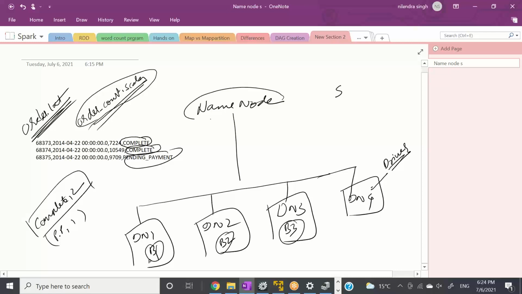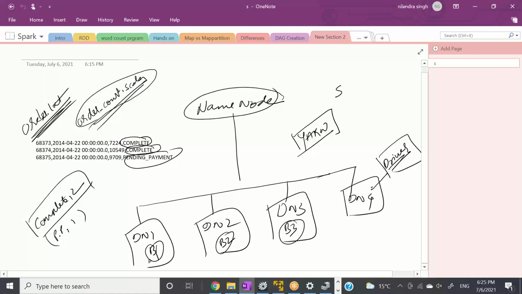It will first talk to the name node, internally. Here you have the resource manager, that is YARN. Let's say your Hadoop cluster has the YARN resource manager, which I'll cover in two minutes. To run the job, the driver will need a number of resources. First of all, it will need the data. The second thing, it will need CPU. The third thing, it will need some memory, or maybe some hard disk. To run any job, it's nothing to do with Spark or Hadoop, you will need four types of resources, even five types.